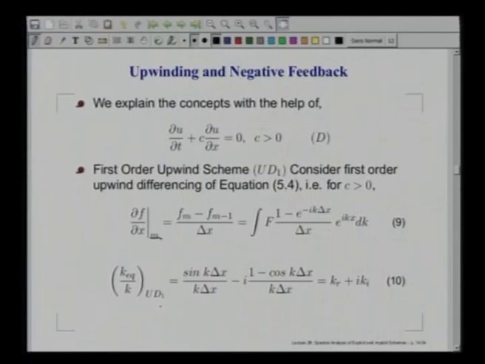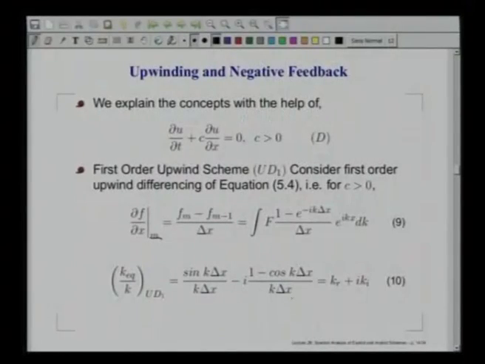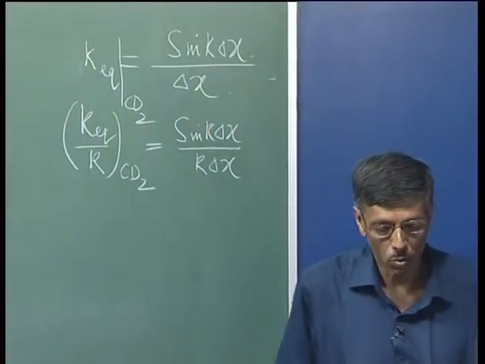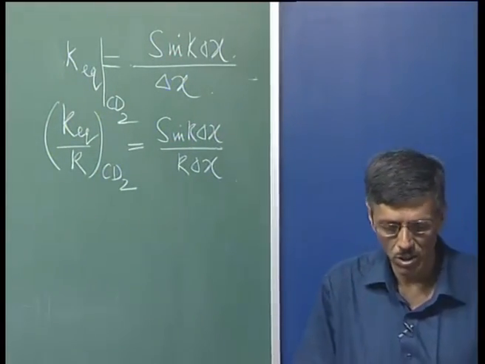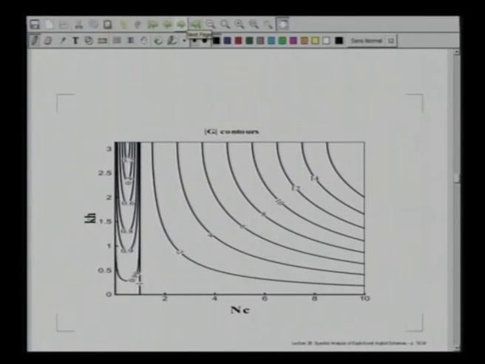You can work it out, and what you would notice is that it has a real part which looks exactly like what we had obtained for the CD2 scheme. In addition, you have an imaginary part. The imaginary part actually is the numerical dissipation that we have added to the scheme. Okay. Why I am saying numerical dissipation, we can show subsequently, but what we can do is basically,